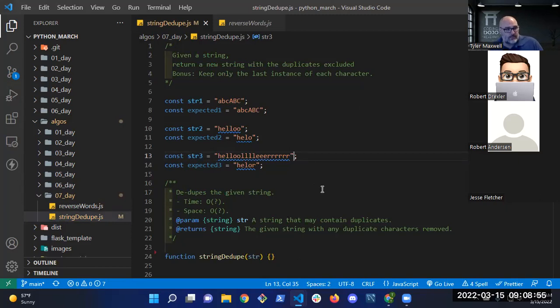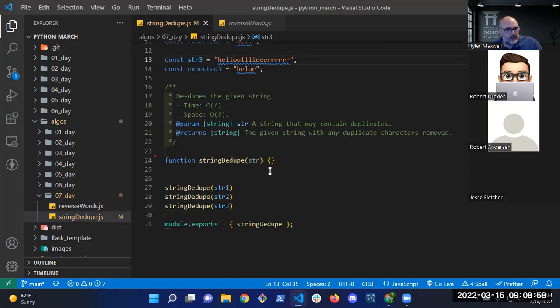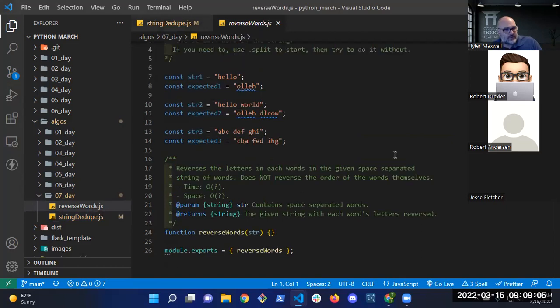So let's do, let me go over the second one and then we'll do a quick pseudocode on this one and then I'll let you guys get started. So for this one,